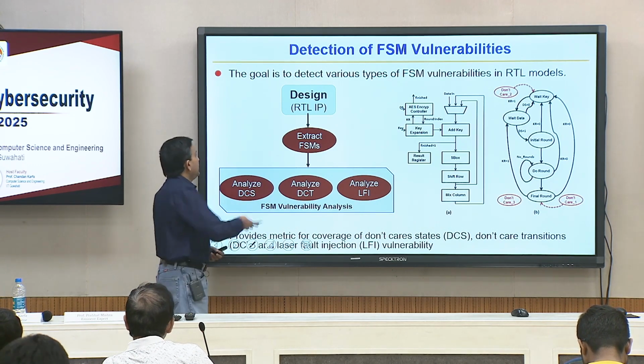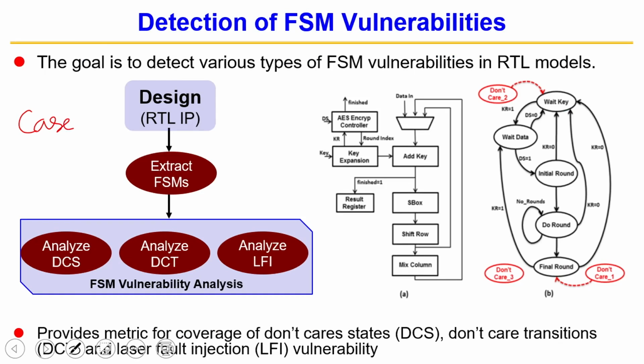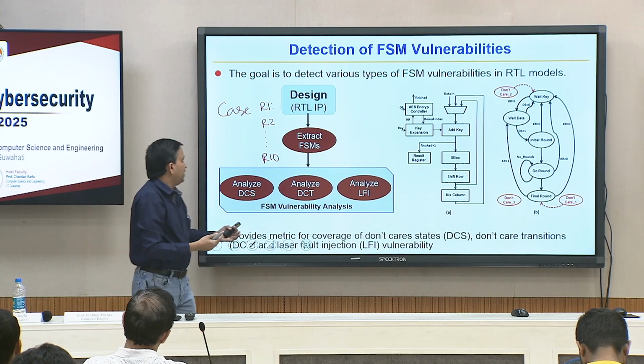Whether you are writing case statements or whatever equivalent in your VHDL or Verilog, case round 1, case round 2 and so on and so forth, all the way to round 10. You do not jump to round 10 unless you have done R1 through R9. So, therefore, there has to be some signal, some if statement, whatever way you implemented,